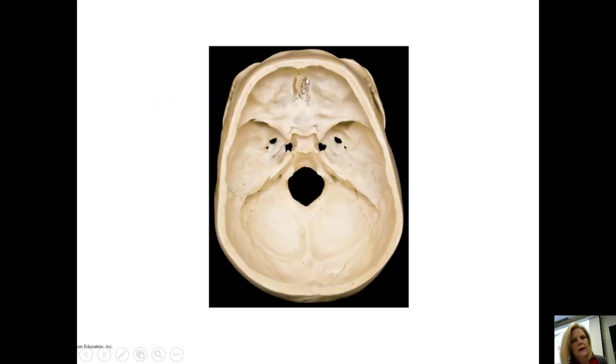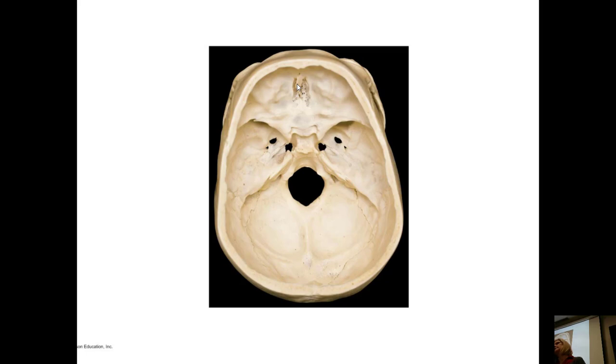Right here on the top is the ethmoid bone. So it's kind of like the head of the bat wing up here. So this is the ethmoid bone, and the holes on either side, there's a ridge here that divides the ethmoid bone, but the little holes in the floor of the ethmoid bone, together collectively the floor of that bone with the holes in it is called the